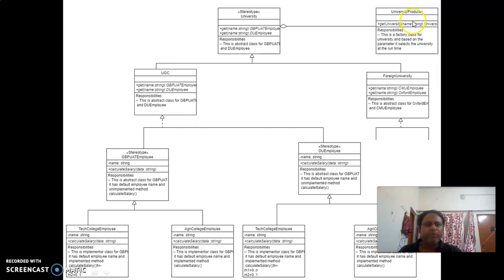This university producer may have a number of universities, so this is an aggregation. This hollow rectangle notion is for inheritance. This is for realization, that is, an interface kind of thing. This is again a notion of inheritance.